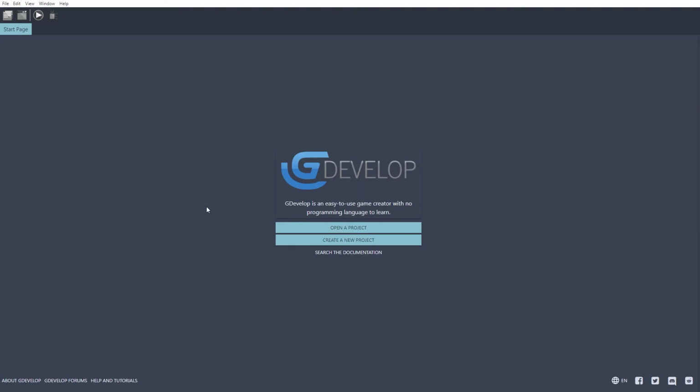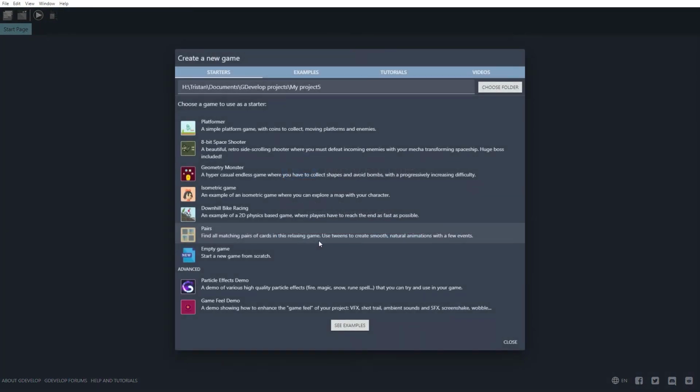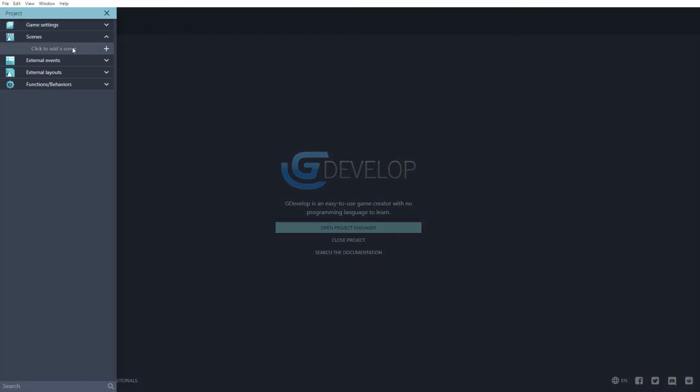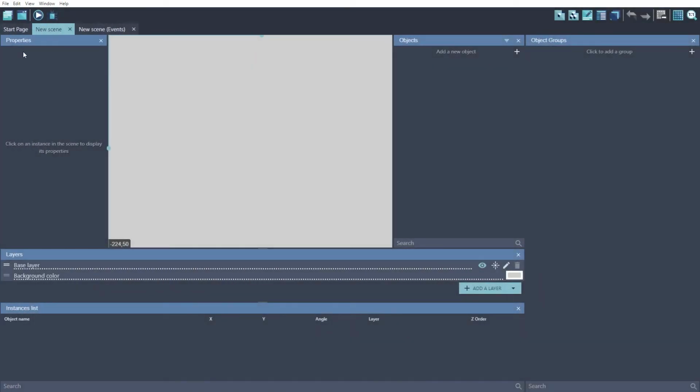The first thing we want to do is create a new project. Let's just do an empty game, and we need to add a scene. So click to add a scene, and then just click on the scene to go into it. Okay,